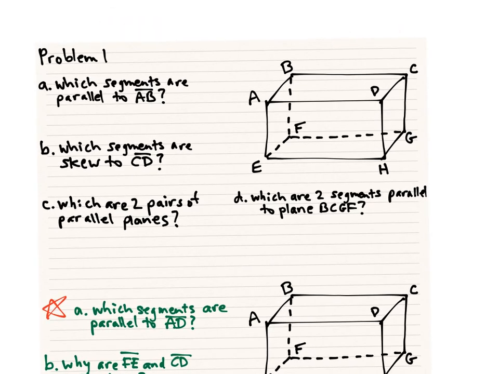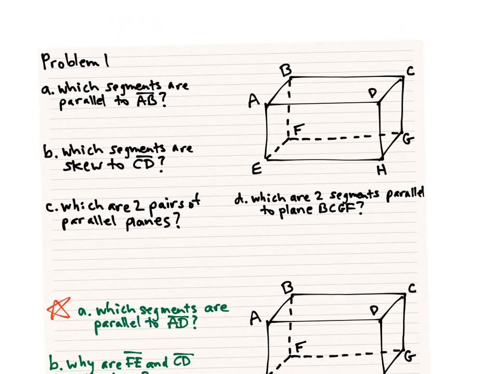Using that vocabulary, let's look at this problem. Here we have a picture. It's basically just a rectangular prism, but think of it like a fishbowl. It's an easy way to picture it in real life in 3D. Which segments are parallel to AB? Let's highlight AB so we can see. And remember, parallel has to be in the same plane. If we look on this plane, this is a line that's parallel. This blue and this yellow one are not going to intersect. And then if we look on the top plane here,